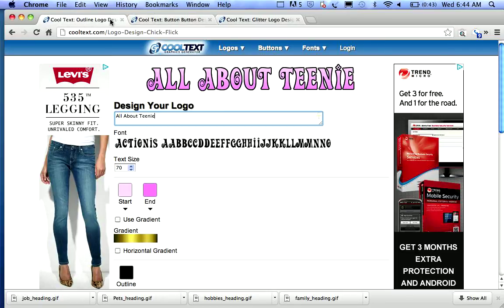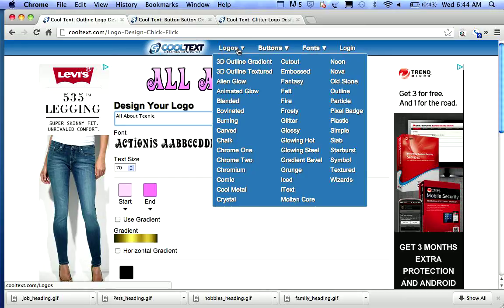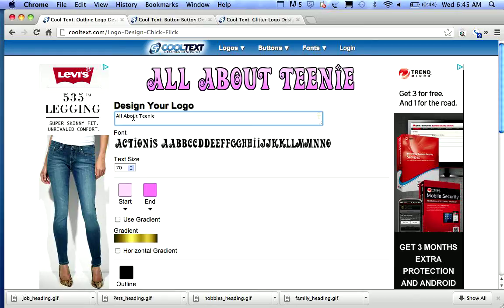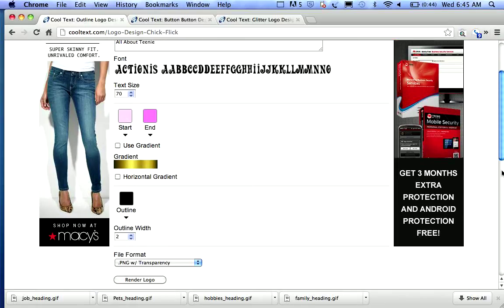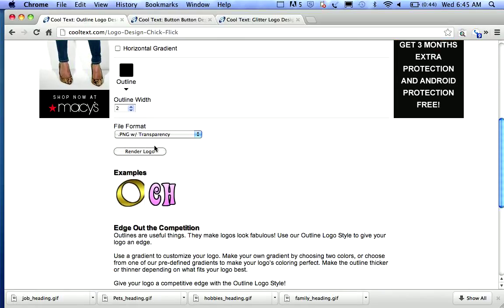The first thing I did was go to cooltext.com. You should be familiar with this by now. You go to logos, you pick one that you like. I don't remember the exact one that I used. I mean, I played with it a lot, but this is very similar. I typed in the words that I wanted for my banner. So in this case, all about Teeny, because it's my dog Teeny's website. Scroll down to the bottom. Render the logo,